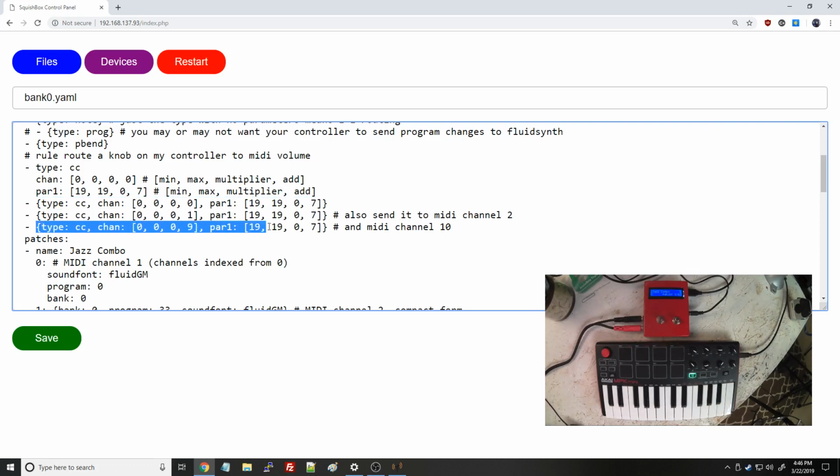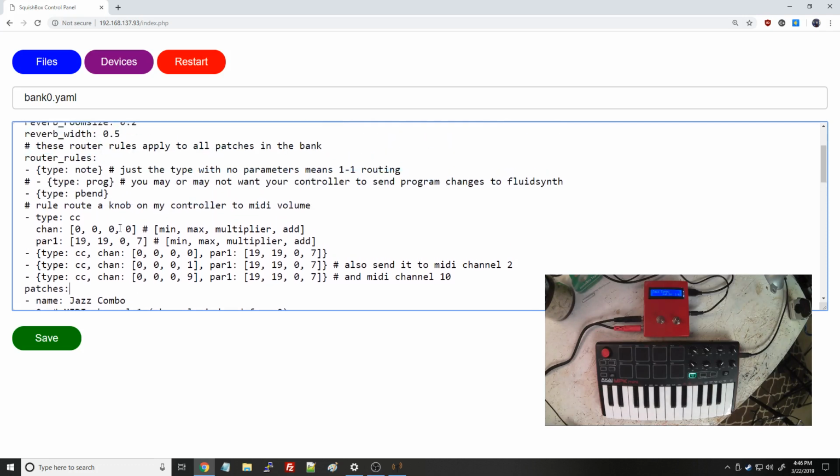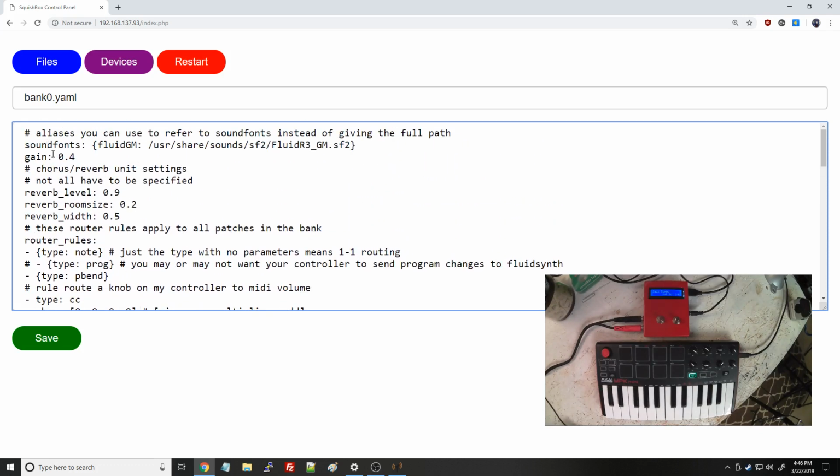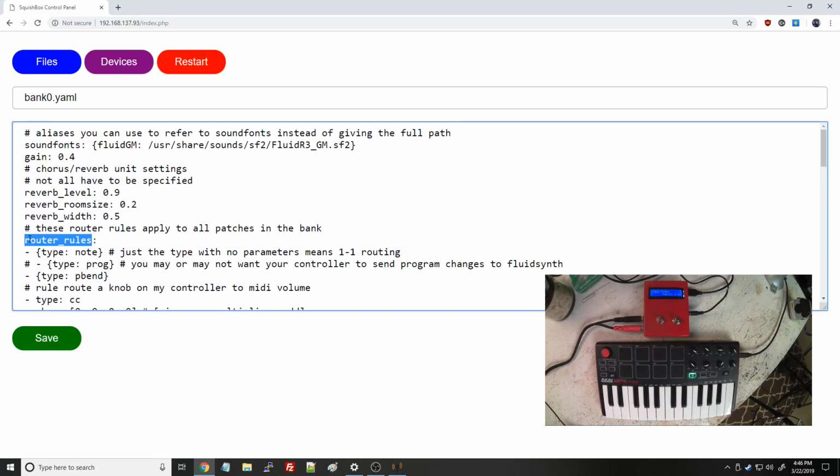And also maybe just to make things a little more compact, right? If you put every single element on a second line, it might be a little hard to read. So I'm not sure if that's good or bad the way I've done it, but hopefully people can figure it out. So the format of the bank files is they have a number of variables that can be at the